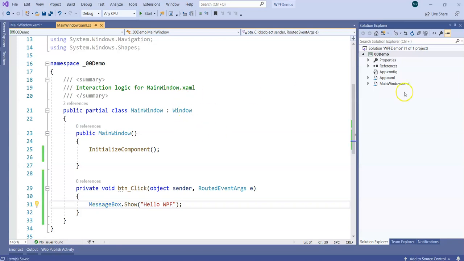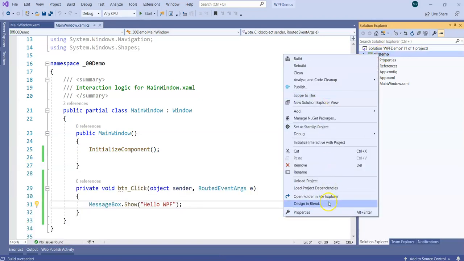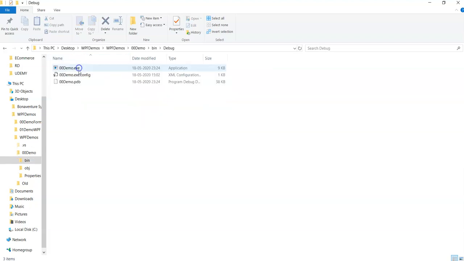Now I am going to compile this application. After compilation, you will find it starts the build, it compiles the entire project, and now if you go to the folder, you will find there is a simple exe built. Now this exe has got the C# specific MSIL, and then it also has got BAML. So just to show you that it has got that piece of code, I'm going to start another application.